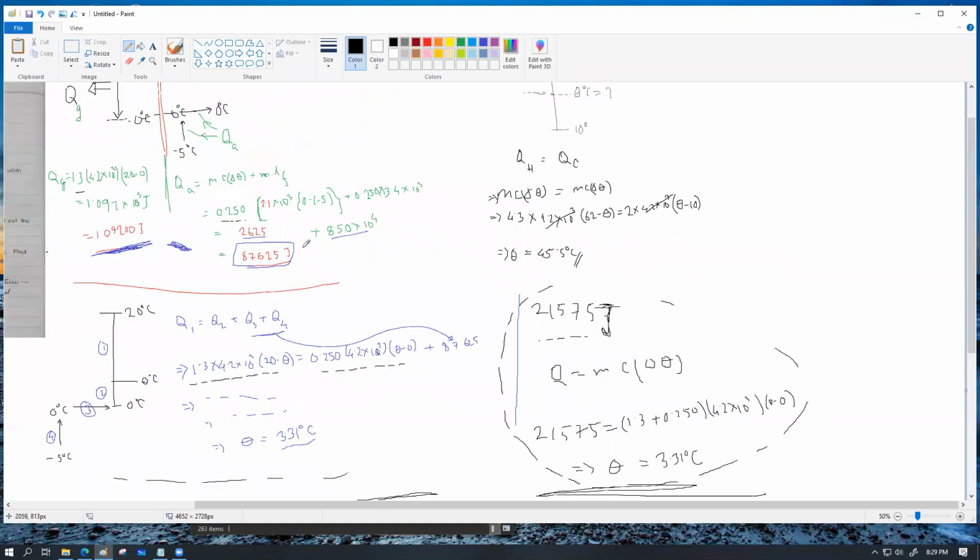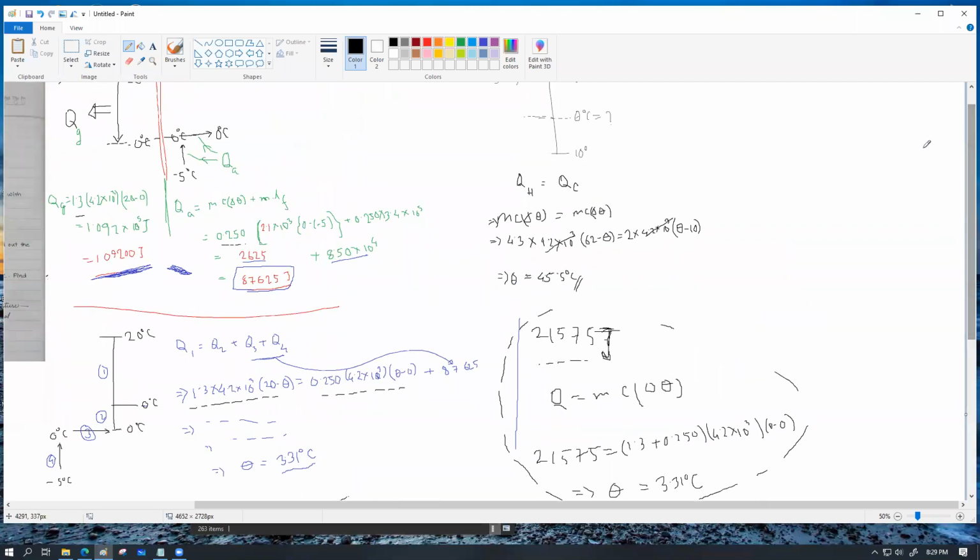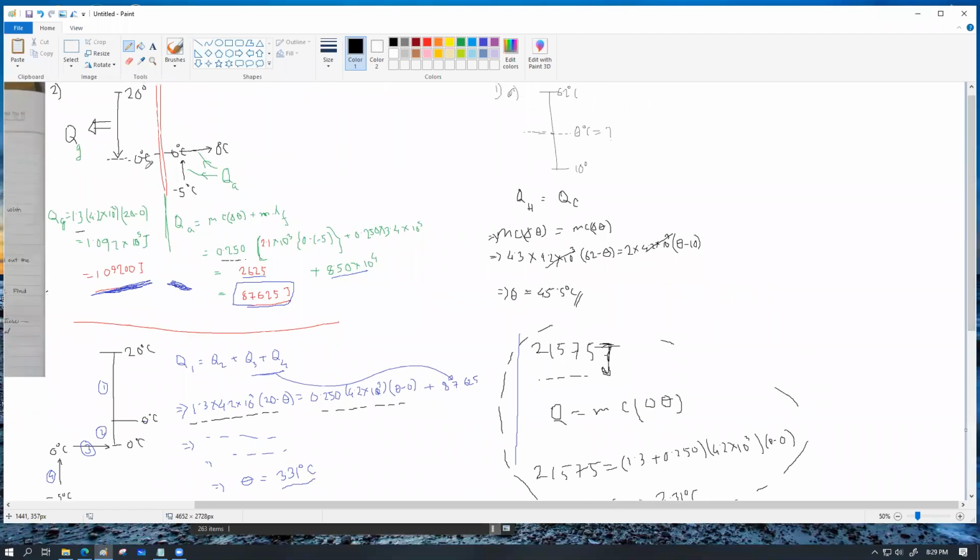Okay, what I'm trying to tell you is that hypothetically, I'm assuming that I brought down the temperature of this hot water down to 0 degrees Celsius, and this was melted only. So now I'm assuming that this thing did give up 10,900 joule, and this did absorb this much energy, and this one's temperature is also 0 degrees Celsius. This one has also converted to 0 degrees Celsius water, which means the final temperature after this much given up heat and this much absorbed heat is 0 degrees Celsius for both of them. So we now have a common temperature for both the mixed objects, which is 0 degrees Celsius,